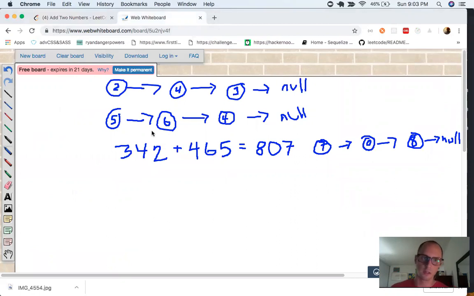So if you look at the example here, you can see that to get 342 plus 465, we need to reverse both of these linked lists to get that number. But actually, if we're just adding these up, we can just start from the front of both of these lists, right? Because the first number in both of these lists represents the ones place. The second number in both of these lists represents the tens place. And then the third number here represents the hundreds place. So as long as we're adding these numbers together, we can just build our linked list